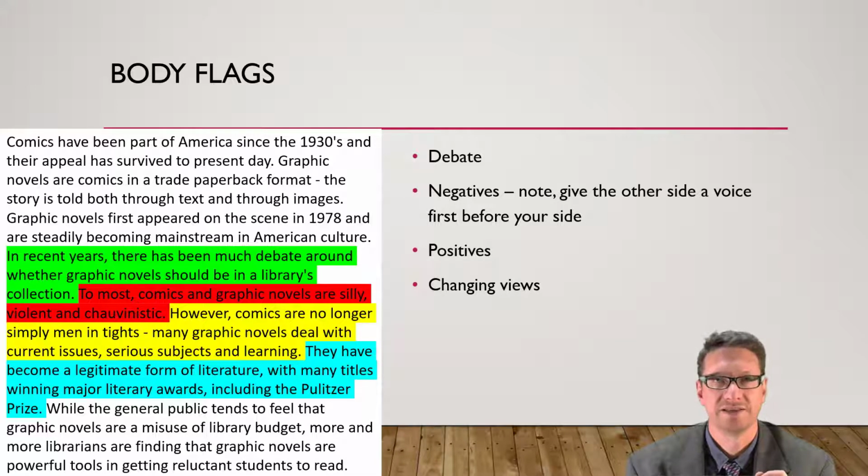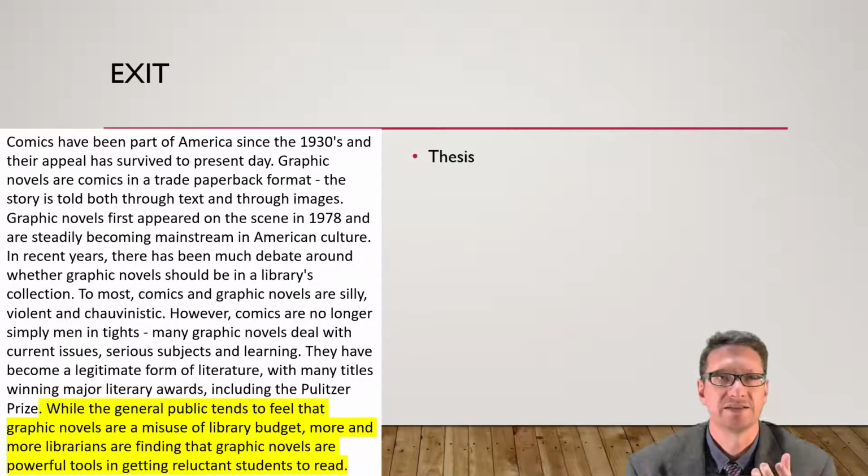And then we've got this last sentence, the thesis, the argument, the exit. There's still some debate. The topic is about graphic novels and they're powerful tools. So despite their history, despite some pros and cons, despite some popular debate, the evolution of graphic novels into the mainstream means that they're starting to be used by libraries and they're starting to be accepted. So that's really the gist of the introduction. We've funneled from comics to graphic novels, we've looked at some components of them, and then we've ended with this thesis. It's debatable. Some people like graphic novels, some people hate graphic novels, but it gives you something interesting to think about. Has it hooked you in?